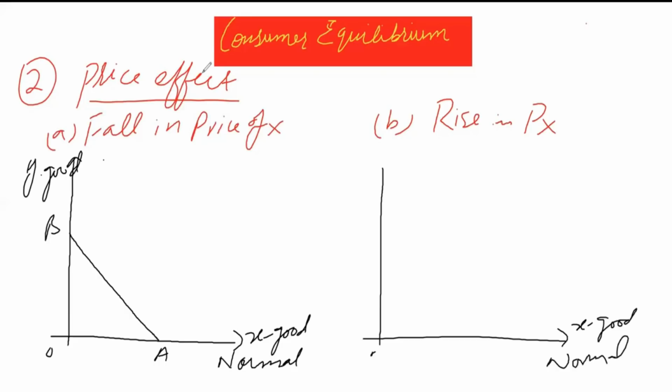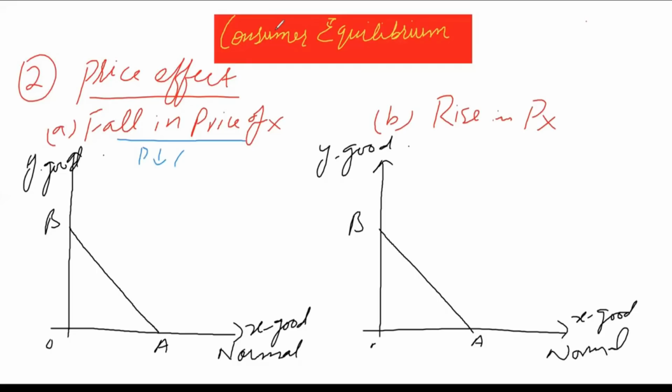Then in the right hand side graph, we again have normal good on X and neutral good on Y axis. Again draw a budget line AB. So in both situations the basic graph is exactly the same. We draw the same graph, and in case of normal good, when price falls, quantity demanded will rise, and the same is the case when price rises, quantity demanded will fall, and it follows the basic law of demand, which we already discussed in AS level.